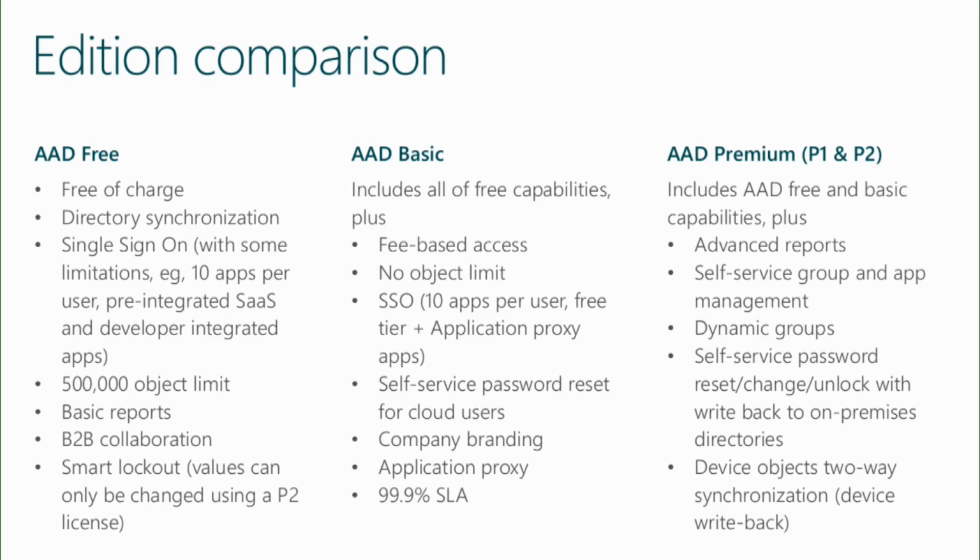You can then go to Azure AD Basic, which is free, plus some additional capabilities, company branding, self-service password reset. You can then move to Azure AD Premium, which is P1 or P2. These are the two scales that are available. And this just gives you advanced reports and then some additional integration capabilities with your on-premises Windows Server Active Directory, such as what's called write back. If you make a change to a user property in Azure AD, it will push that change to Windows Server Active Directory. If you make a change in Windows Server Active Directory, it will synchronize that change to Azure Active Directory. So it always keeps both directories in sync for whatever users are in the scope of synchronization.